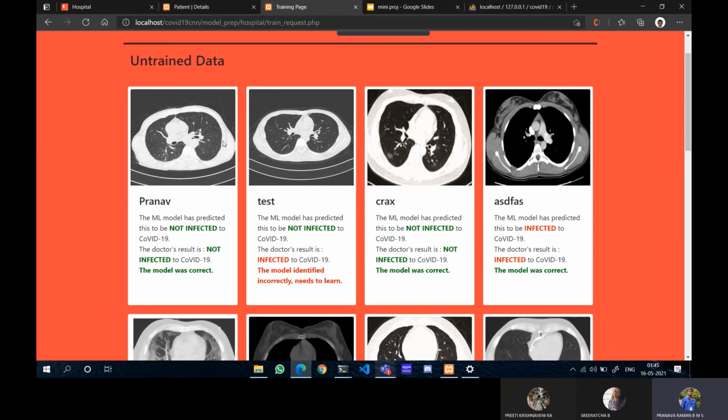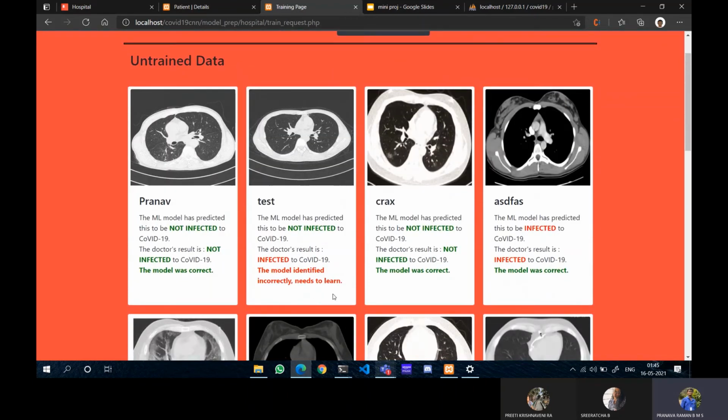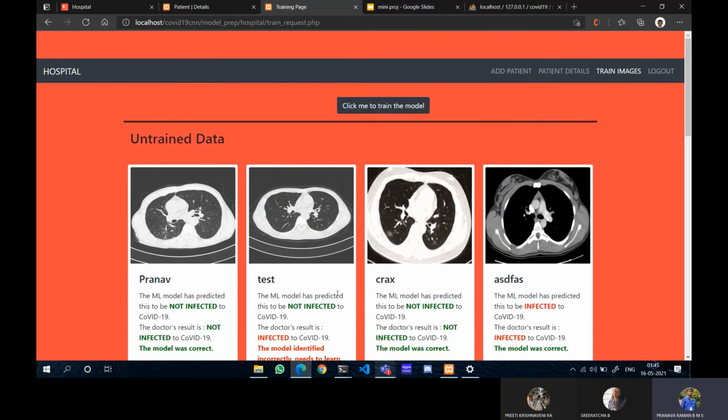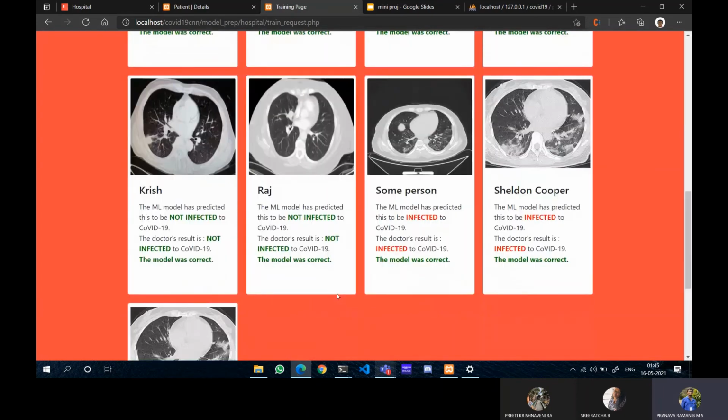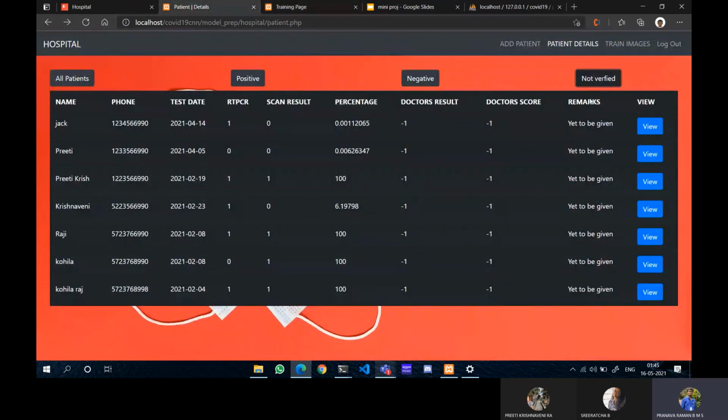The reason we are doing this is that the prediction level is already pretty high, but there are some cases where it gives a wrong prediction, and to avoid this and make the quality of the predictions better. This has only the ones that have been graded by the doctors, and the ones that have not yet been verified will not be updated.